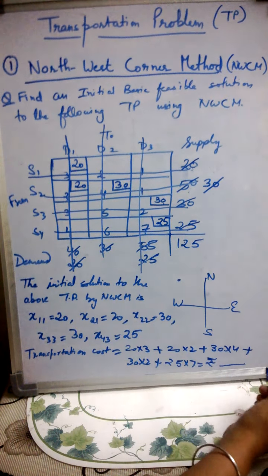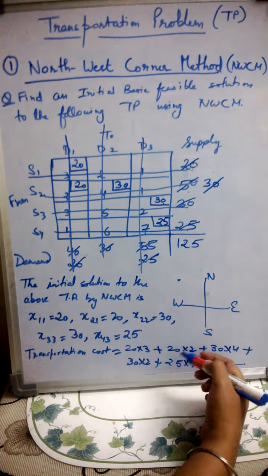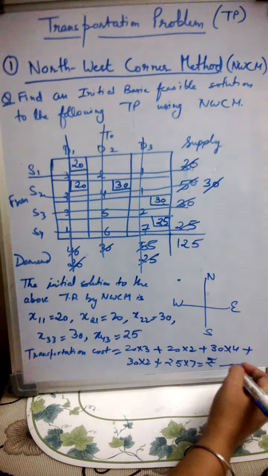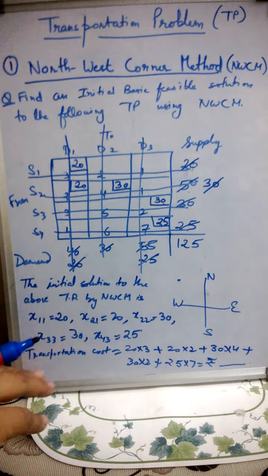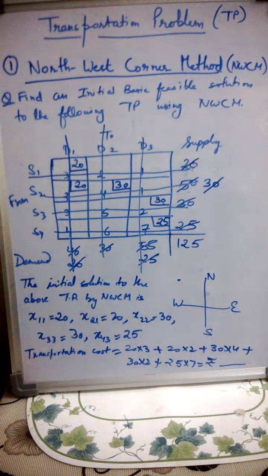So we'll write down the total cost of transportation. We'll multiply these values and then we'll add the values. We'll get the total transportation cost. Now this is the total transportation cost. Can this be the minimum cost or not? That we'll check later on by using the modified distribution method. As of now we are just studying the initial solution part. So this is the northwest corner method. Now next we move on to the least cost method.